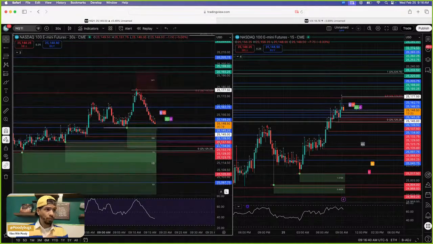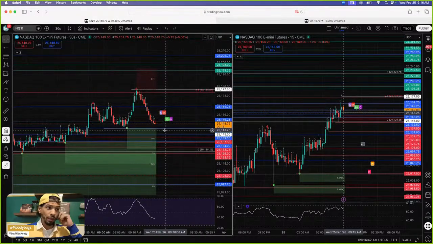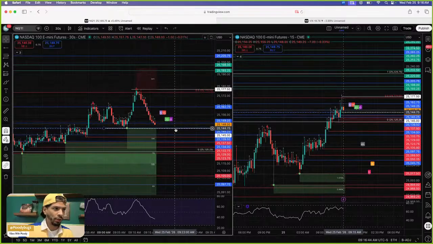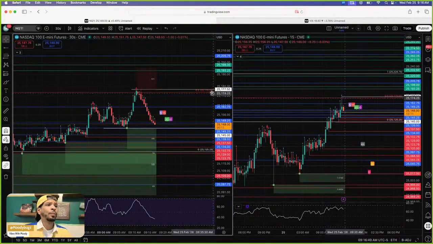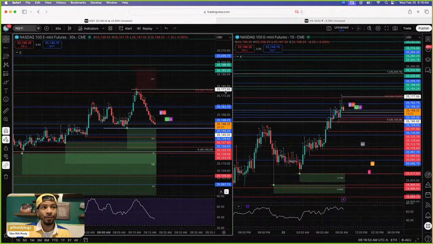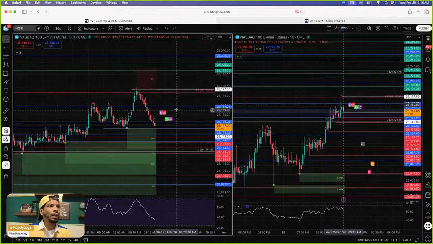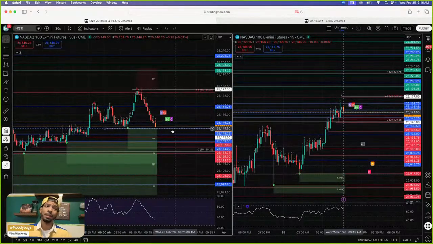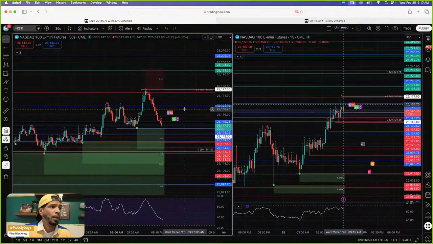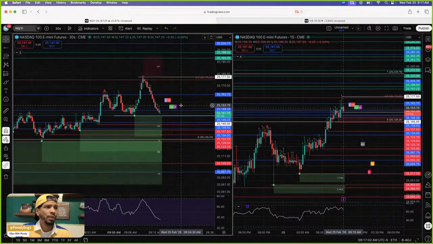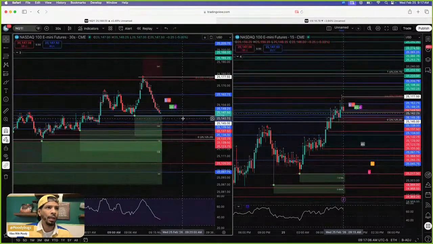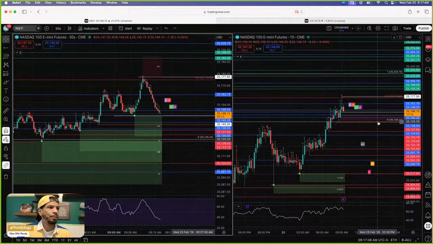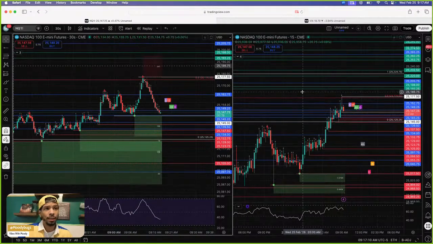All right, so looks like it's about to trigger my put entry. I have a put entry here at $25,145 flat. I have a call entry here at $25,177.50, right? That's for calls, that's for puts. It seems like she's about to trigger my puts here, right? We'll see. We'll find another put entry if needed, or use the same one as a break and retest if needed, right? Now, with that being said, this is a 30-second time frame.